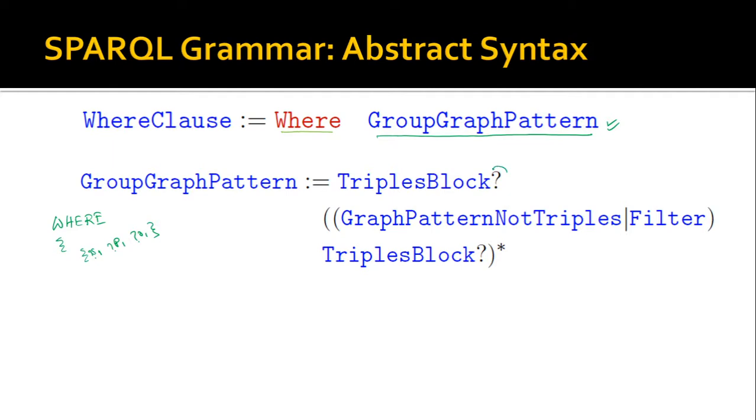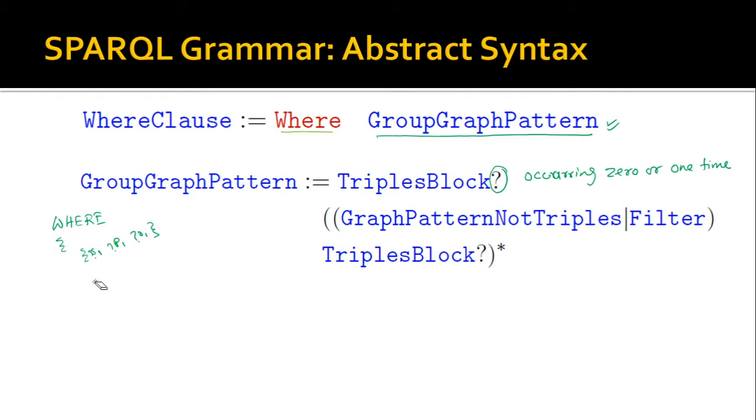So this question mark means that this triple block is occurring 0 times, or 1 time, right? So after you have a triple block like this, then this can be followed. So you can stop here, right? So you have just a set of triples,